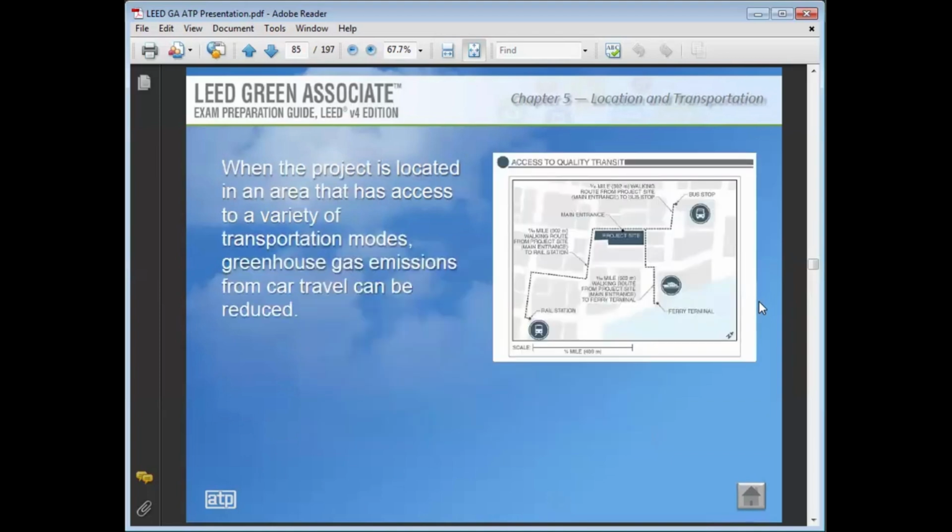When the project is located in an area that has access to a variety of transportation modes, greenhouse gas emissions from car travel can be reduced as well. Like if you can walk to the site, that is one way of doing that. If you have a local bus, absolutely fine. If you have a rail network which is available, those are alternate choices. So the more choices that you have, like carpooling, a bus in the local situation,